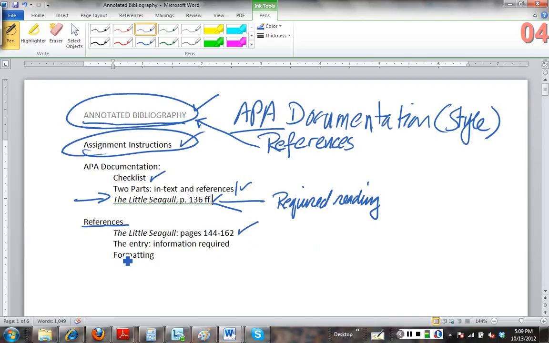We will be going over the entry in an annotated bibliography or a list of references. All right, there is an entry for each source, and so we're going to look at the information required, and then we will be looking at formatting. Let me go back to this point about the two parts. All right, there are two parts to the APA documentation system. There is the list of references that goes at the end of your paper, and then there are the in-text